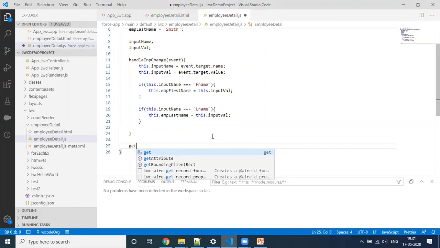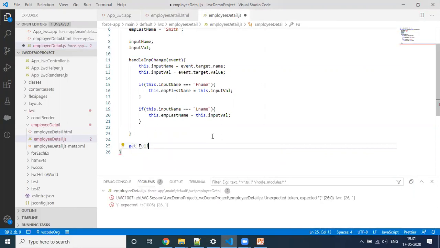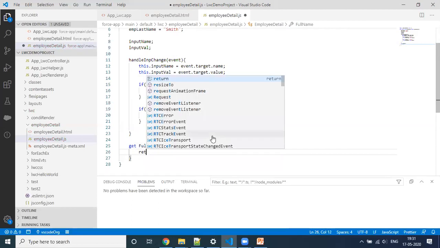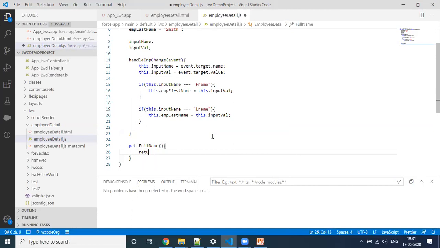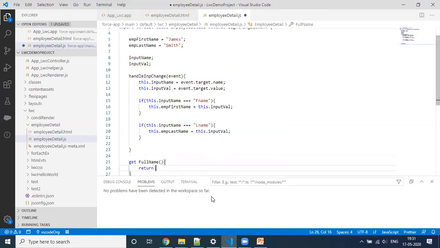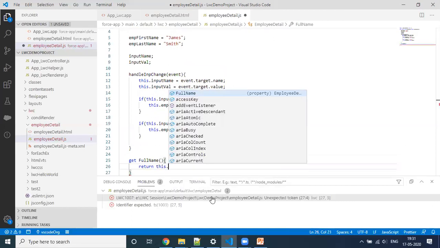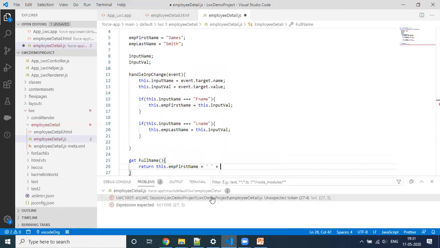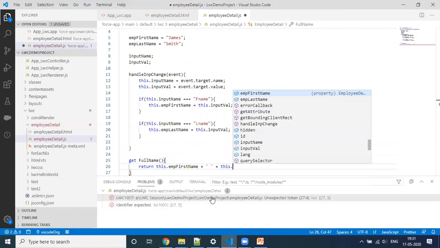For example, I'm defining one method with get, called full name, and I'm going to return full name here. I'm going to take this dot first name, plus a space, and then last name.